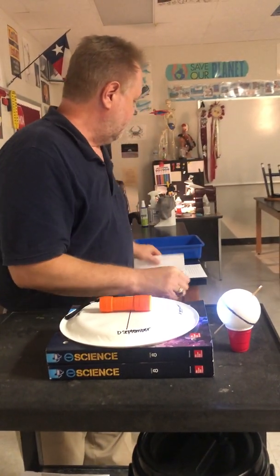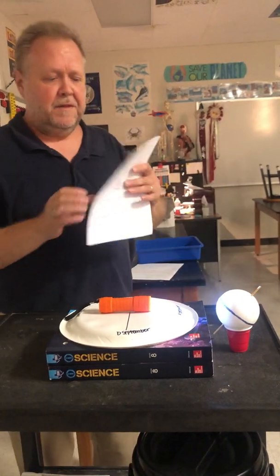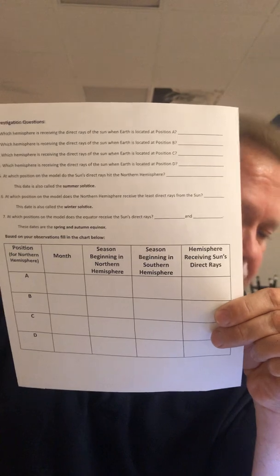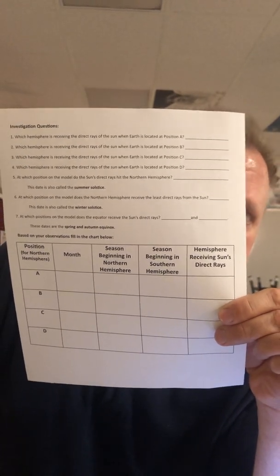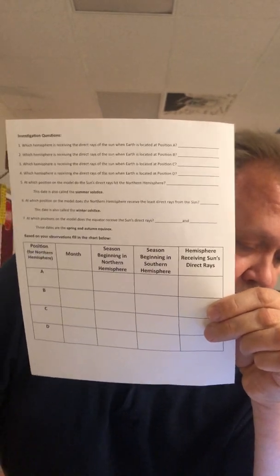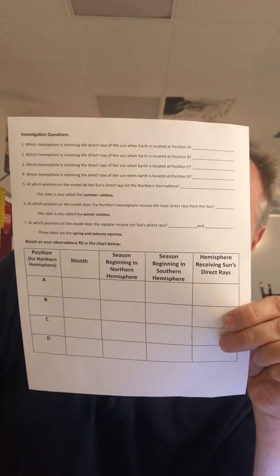So now, using that information, rewind this video if you need to. Let's go back and take a look at these questions right here. See if you can fill these in. Some of them might try to trick you. It may say which hemisphere is getting more light or which hemisphere is getting more heat. It could be the northern hemisphere, it could be the southern hemisphere, or you could write equal. Because for some of them, like when it is springtime or fall, they're getting equal amounts of light and equal